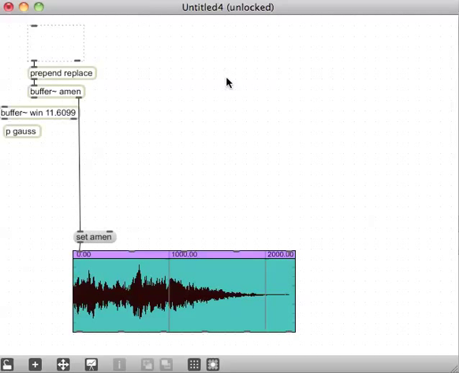Now the next thing I'm going to do is a whole bunch of itables that are going to be the tables used for the parameters of the granular synthesis. So if I make a new object, itable, again I could make this from the palette, but I'm just going to make itable, that's table with an i before it, and I'm going to type in @name,